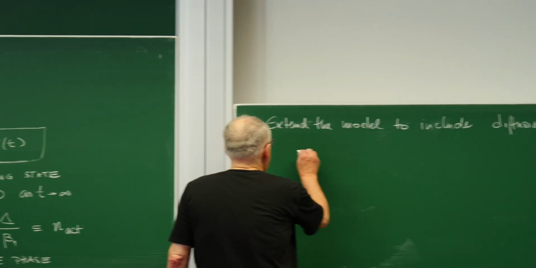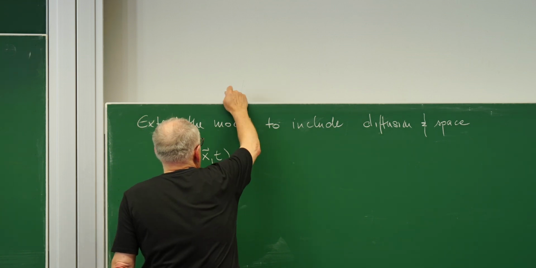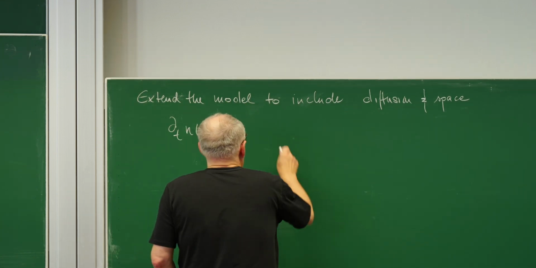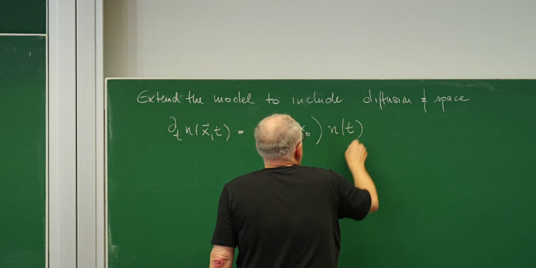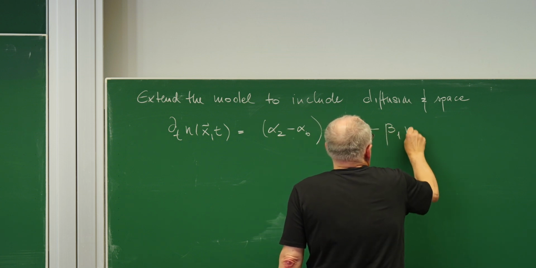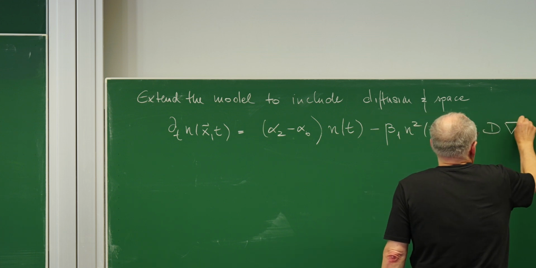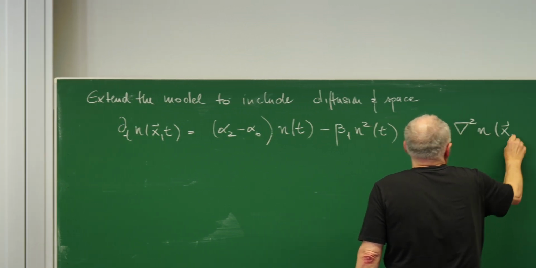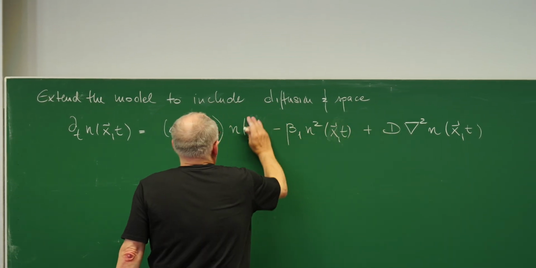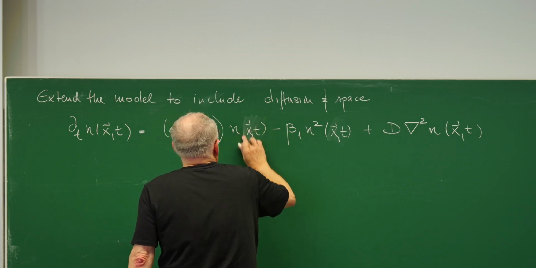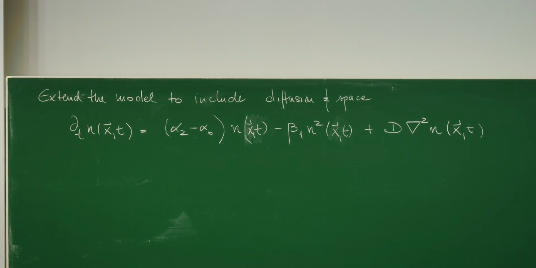That means the equation you would get is dt n of x and t is all the reaction terms. So birth minus death minus beta 1 n squared of t. And then I just add plus D nabla squared n of x and t. And here in the same way, those are functions of space and time. So now that you have this,